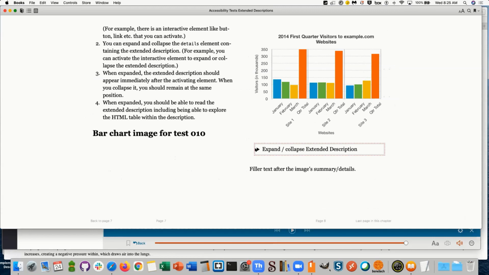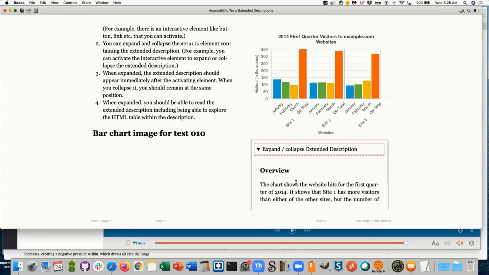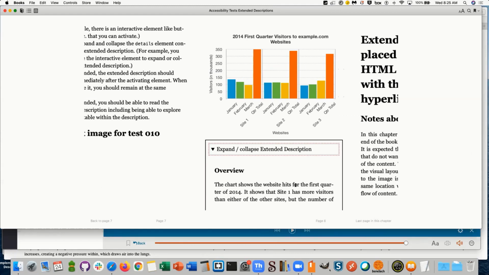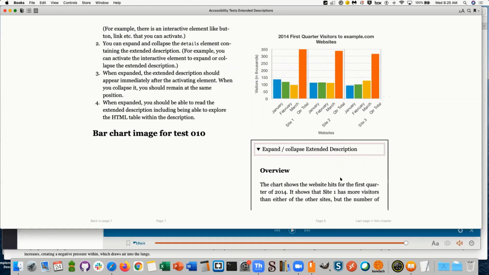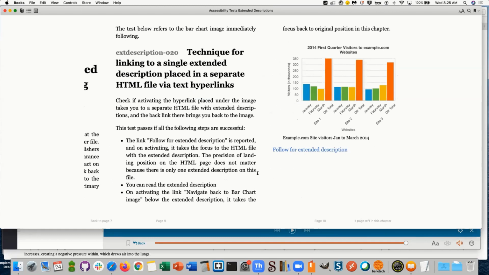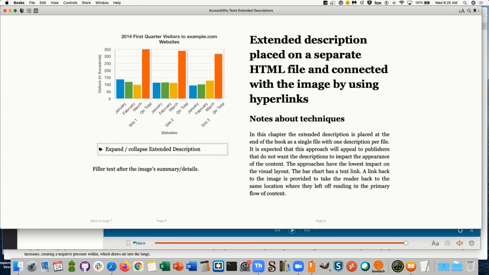I'm going to click on the expand summary details. Theoretically, it should expand and you should be able to see the entire details, but unfortunately you don't. It gets cut off, and then when you try to move to the next page to see it, it's gone.